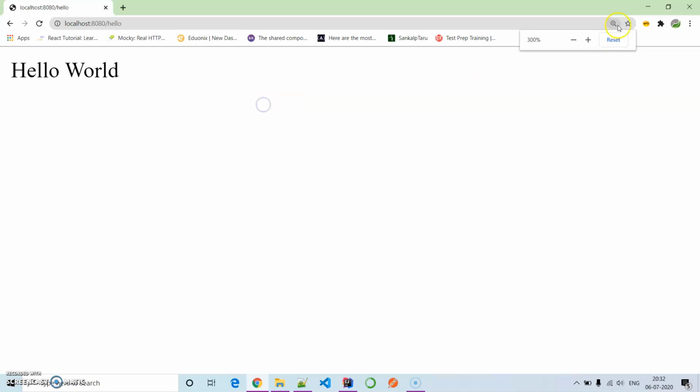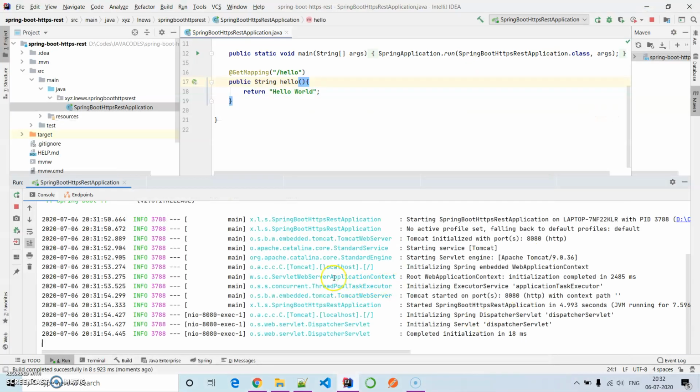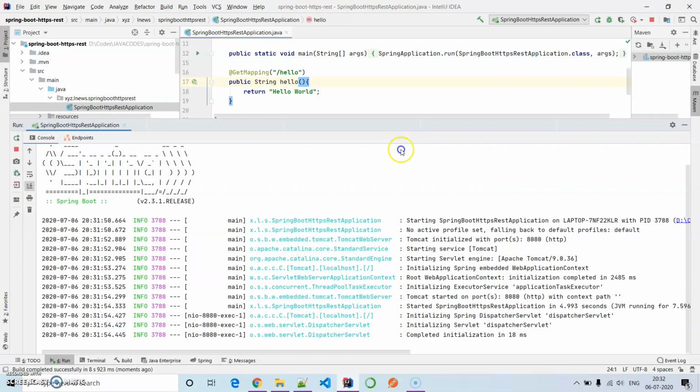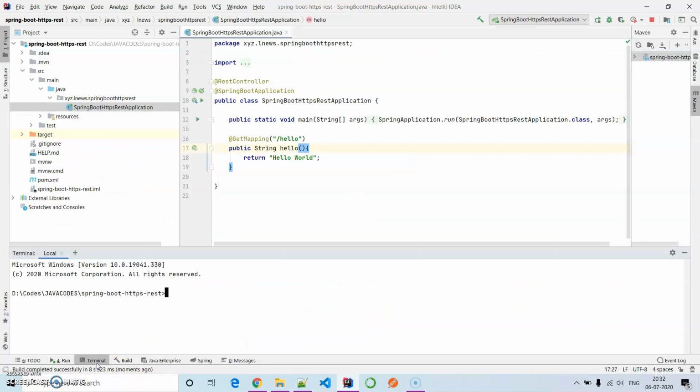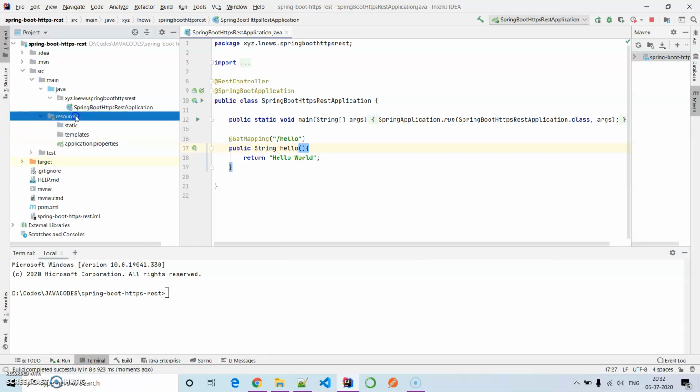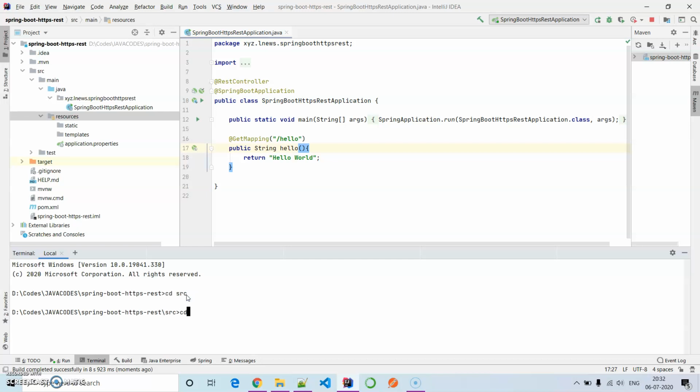And here you can see hello world. Now I am going to create an SSL certificate with the help of keytool. Let's go to the terminal over here, and I'm going to create this particular JKS file under the resources, so src, main, resources.